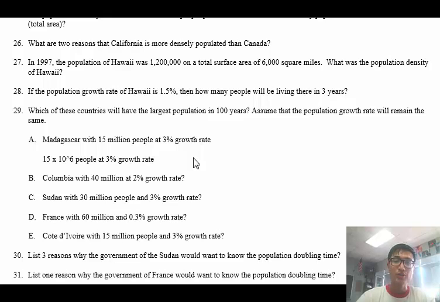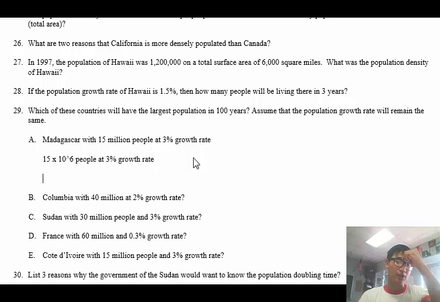So the first step of the problem is to conceptualize this. What does it mean to have 3% growth? Well, it means that from one year to another year, you're going to have 3% more people than what you had before. So, if we were to do a side example,